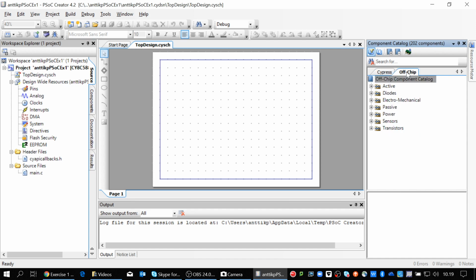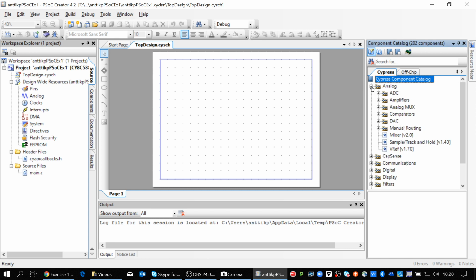Okay, but this external components design, it doesn't go anywhere. I think you can get a list out from the chip pin out, a connection list that could be imported in some electronics design program, but I haven't used that one at all. So, but anyway, on the component catalog on Cypress, 10 different categories like analog components,